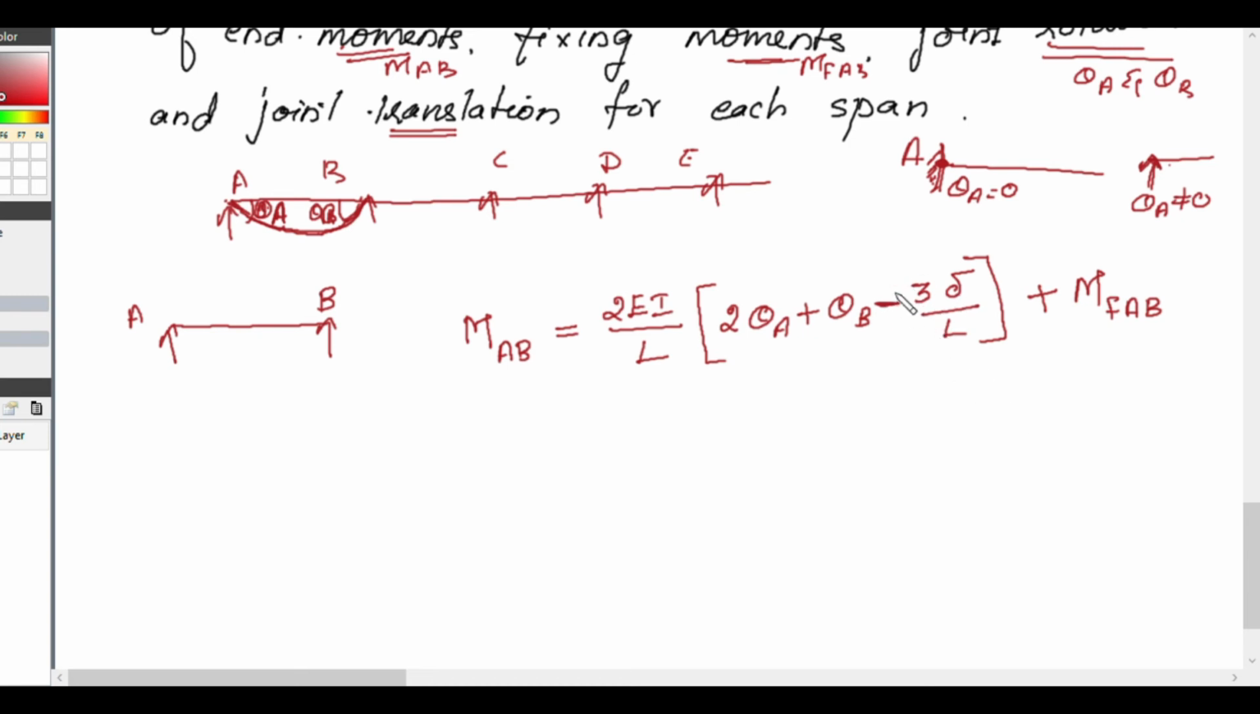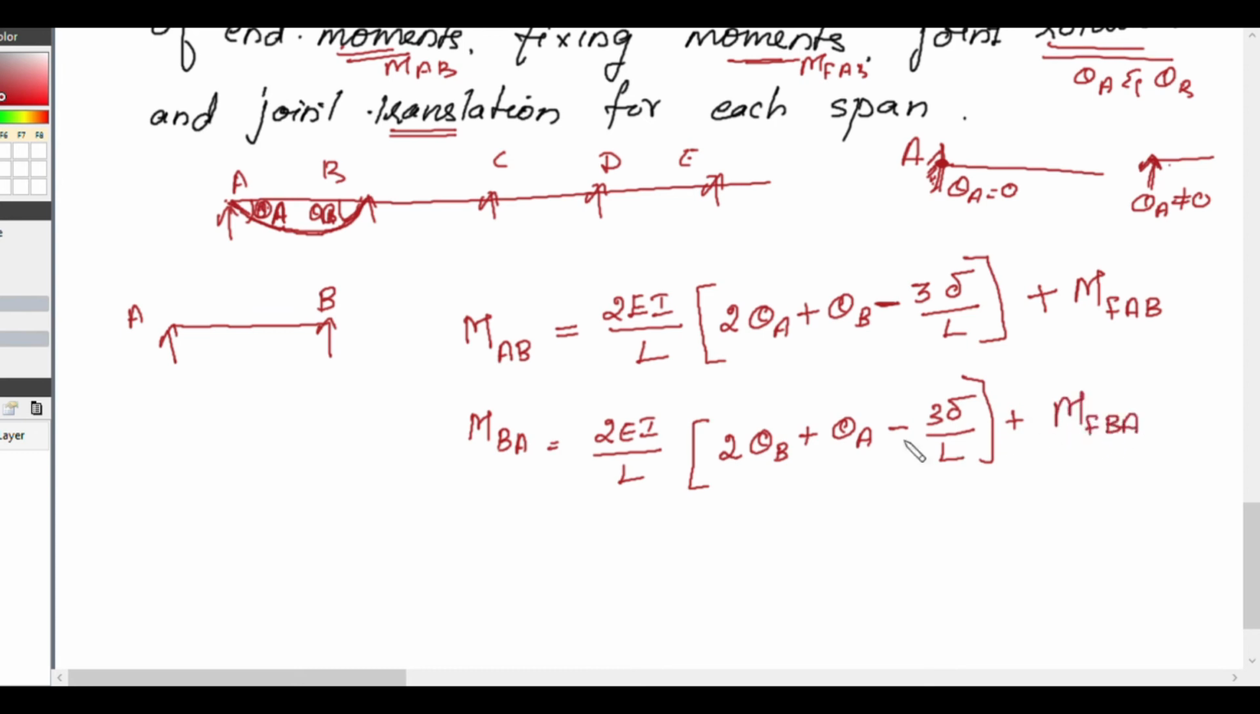So this becomes positive if it is upwards. So here already it is minus, that means your settlement is downwards. Okay, this MFAB is the fixed end moment at AB, which you have already calculated in your first step. So this is MAB. Now MBA will be equal to 2EI by L multiplied by 2 theta B plus theta A minus 3 delta by L plus